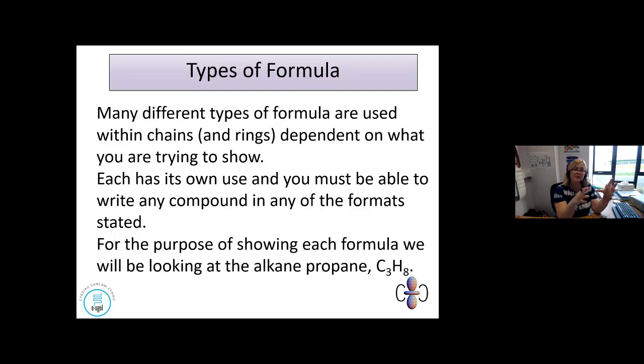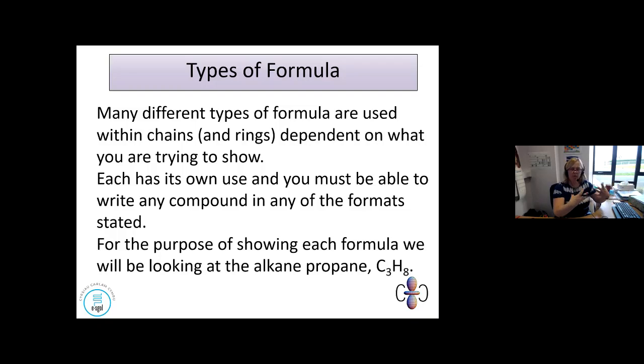So to represent a formula, sometimes you need a bit more complexity than simply a molecular formula, which tells you the ratio of hydrogens to carbons, etc. you have. Sometimes that's not good enough and it's not very informative. So each formula has its own use and you must be able to write any compound in any of the formats stated. So the purpose of showing this, if we look at propane then, C3H8, which is a member